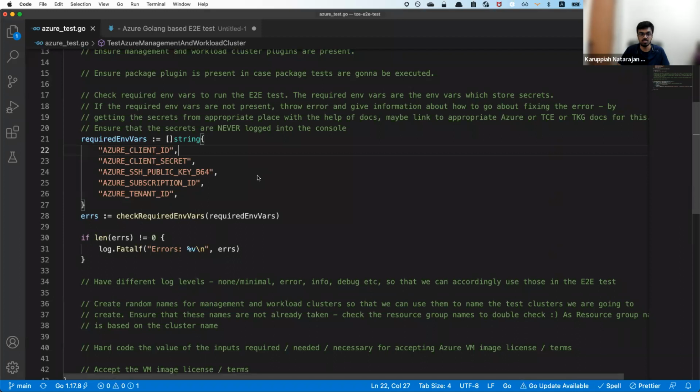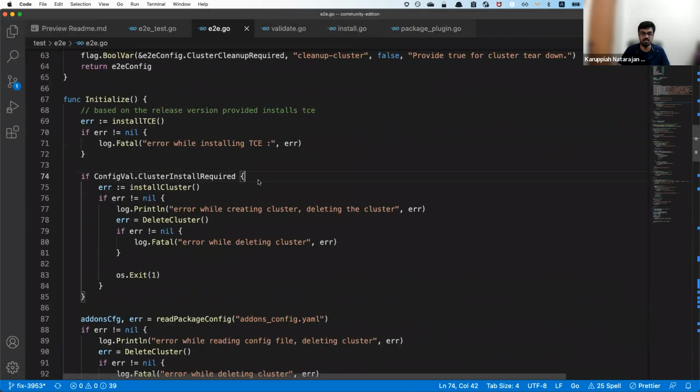For example, use the AWS Nuke client library, AWS SDK Go, and the Azure Golang client library, and then things like that.